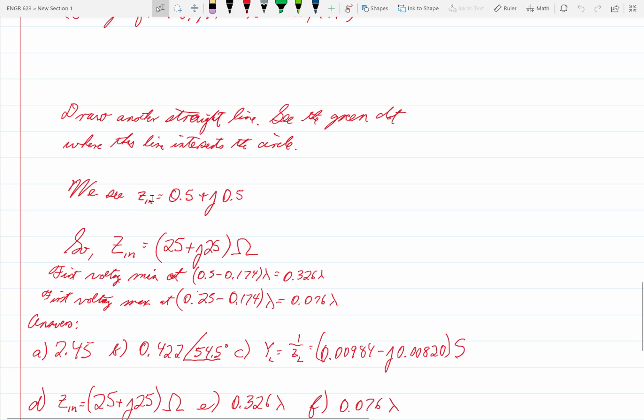And now keep in mind that's the normalized input impedance, and so to get the unnormalized input impedance, we multiply this by the characteristic impedance of the line, which is 50, and so we get Zin is equal to 25 plus j25 ohms. And now to answer these questions about the first voltage minimum and first voltage maximum,